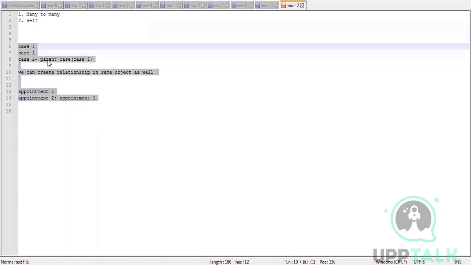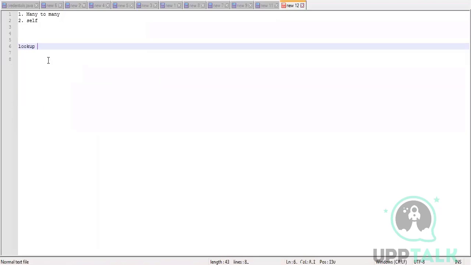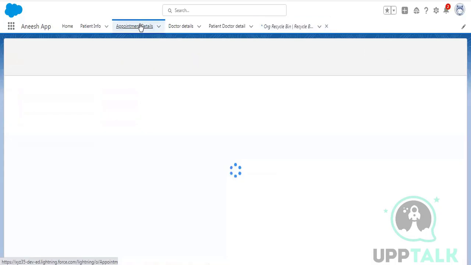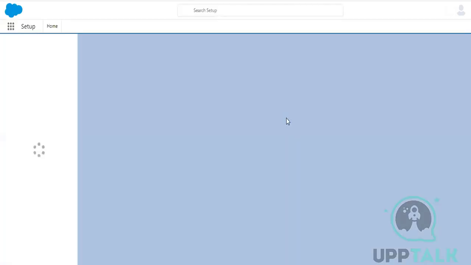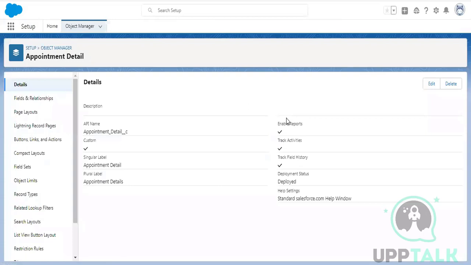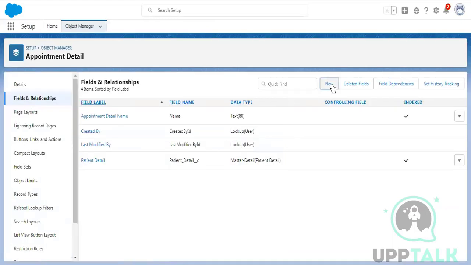It's really straightforward. On the same object, we will create a lookup field, where the parent object will be nothing but the same object. In our case objects, it's already there, but we will perform it for one of the objects. Let's say for appointment, let's create this. So go to edit object. We are trying to combine the same object with itself. Like in this scenario, the same object is parent, the same is child. So let's click on fields and relationships, new,